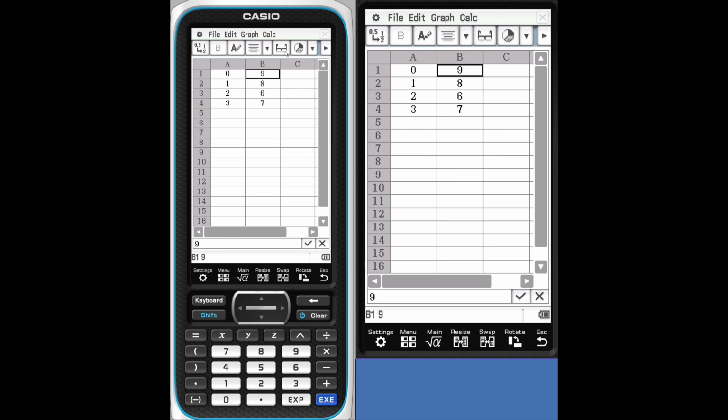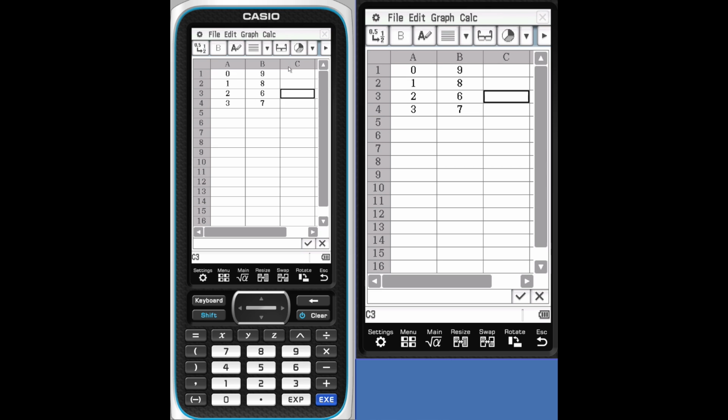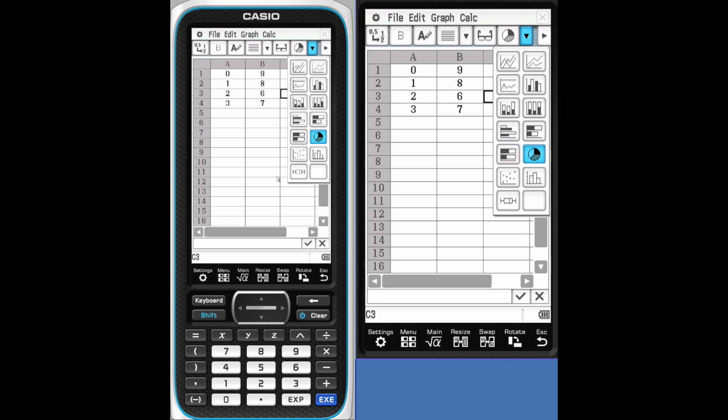The eyeglasses will tell you what information you do not see inside the cell. It's sometimes nice to see the formula. If you want to see how that's being calculated, the value is currently 9, and if there's a formula attached, it'll show you what the formula is. We'll go ahead and resize that again. We can make pie charts. Here's all the different types of charts, and we'll try a little bit of all of those.